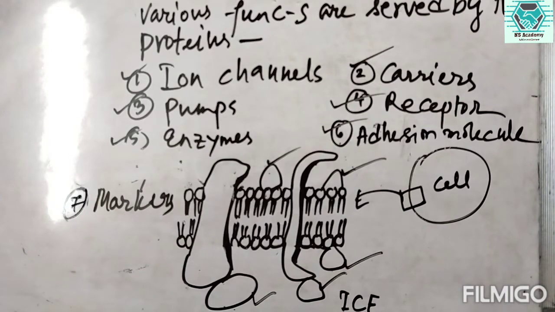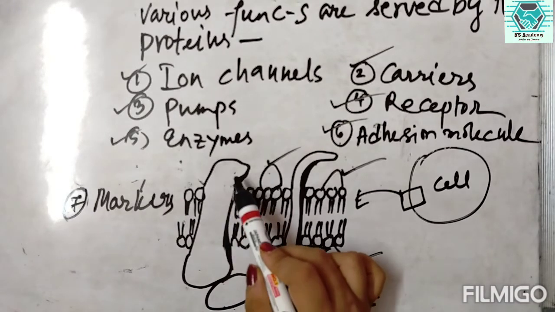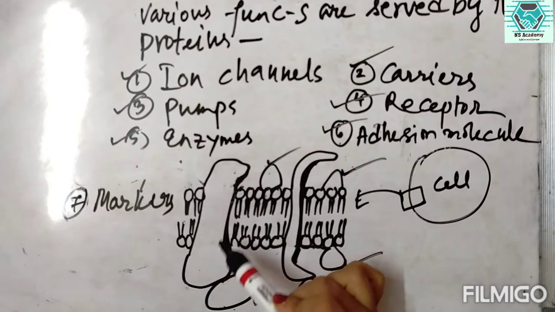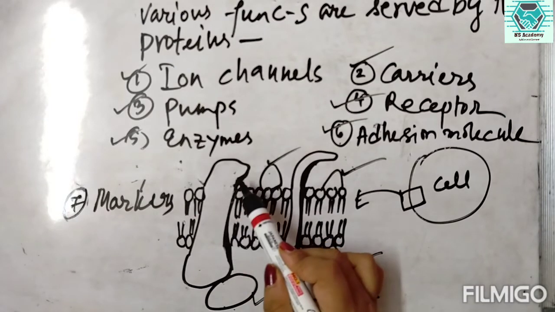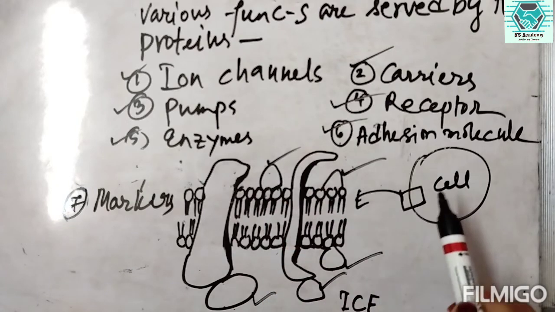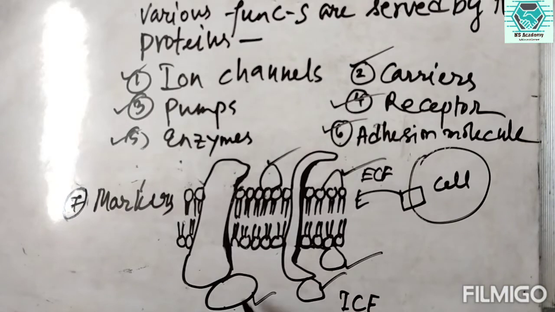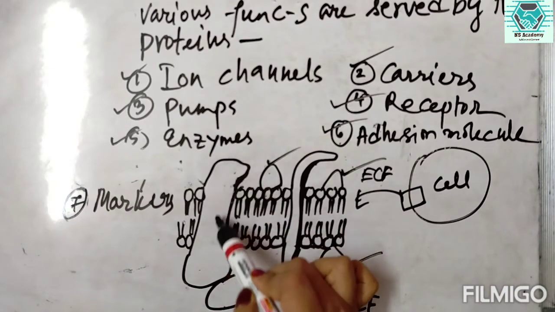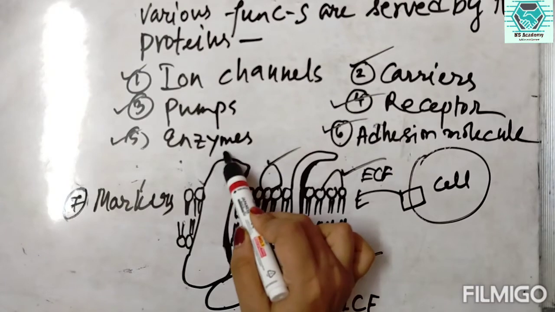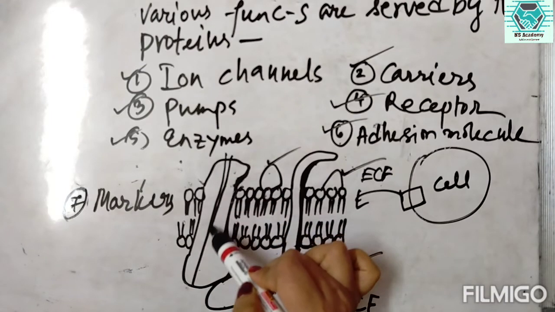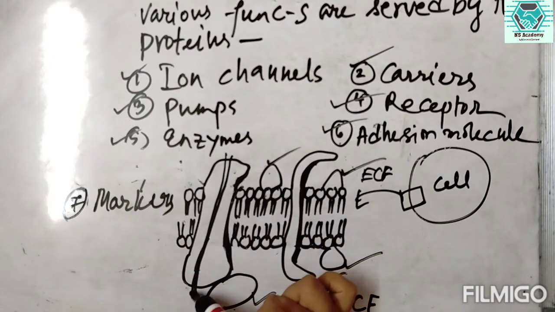Basically, integral proteins act as carrier proteins, and also they act as receptor proteins, they act as the channels. As integral proteins are present in the whole of the lipid bilayer, and they also make connection with the ECF and ICF, so they may act as ion channels. So the proteins act as ion channels through which some substances which are not soluble in lipid can pass through